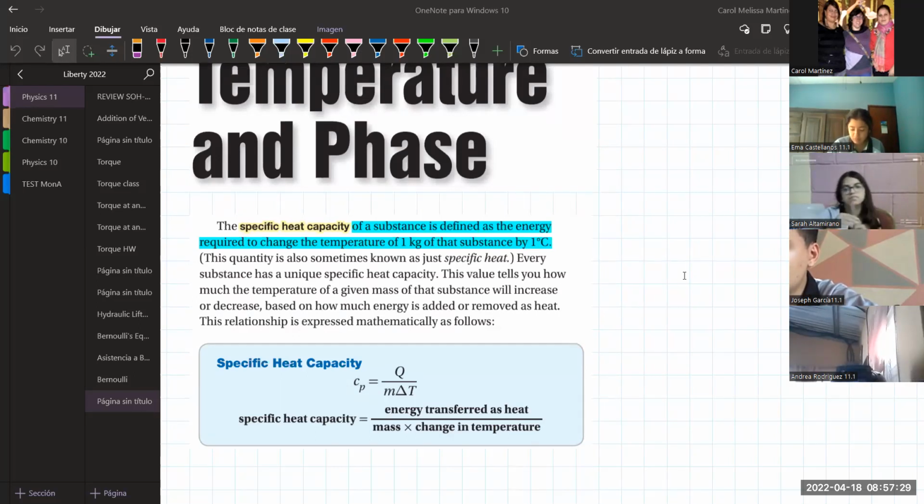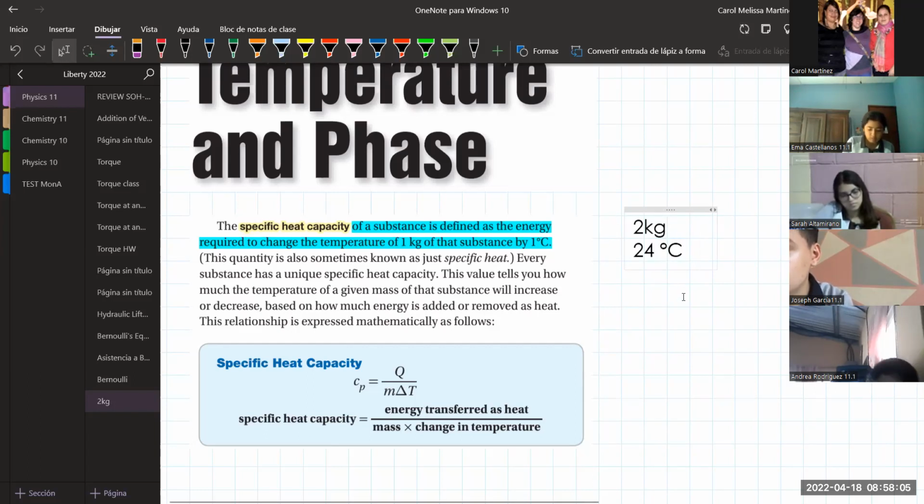Specific heat capacity, according to the substance, is the energy that is required to change the temperature of that substance, for example 1 kilogram of that substance, by 1 Celsius degree. So, for example, I have an object that has a specific mass, whatever mass. Let's say that that object has 2 kilograms of mass, okay? And that the temperature of that object is 24